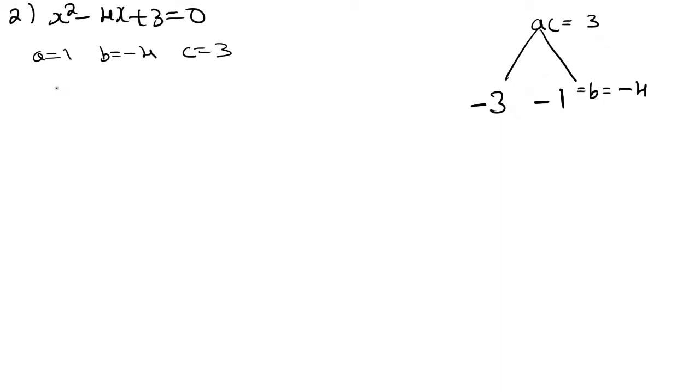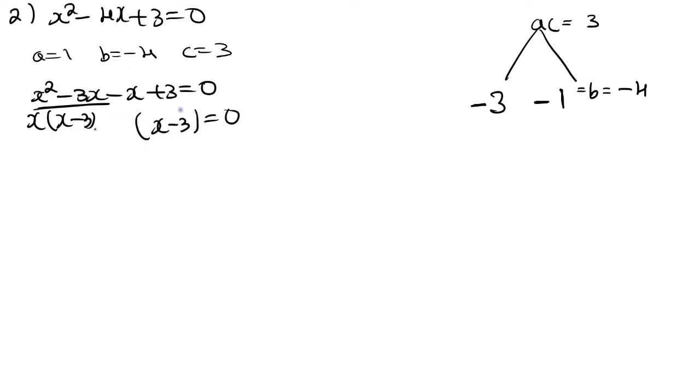Okay, so the above equation can be written as x square minus 3x minus x plus 3 equal to 0. Then x into (x minus 3), the first term can be written as x into (x minus 3). Here, inside the bracket also you need to get the same number, right? x minus 3 only. So what must be the number? Here I will take minus 1. See, minus 1 into x is minus x, minus 1 into minus 3 is plus 3.